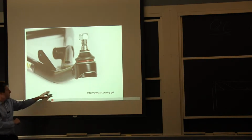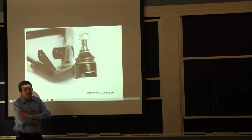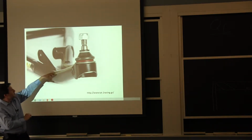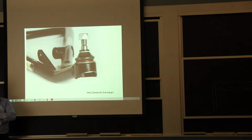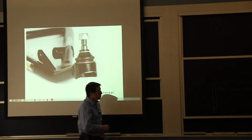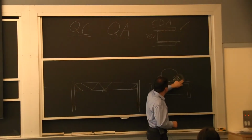This is around 60 or 65 KSI yield. So what happens during welding is, if it's not done properly, you can have some quenching and hardening of the base metal next to it. So as part of quality control, they will take pieces, full A-arms, assemblies, cut them up, and look for the hardness in that region right next to the weld to make sure the process doesn't make the material too brittle, too hard for ductility. And then they will also apply these criteria about getting a good fusion here, getting fusion through the depth, but not